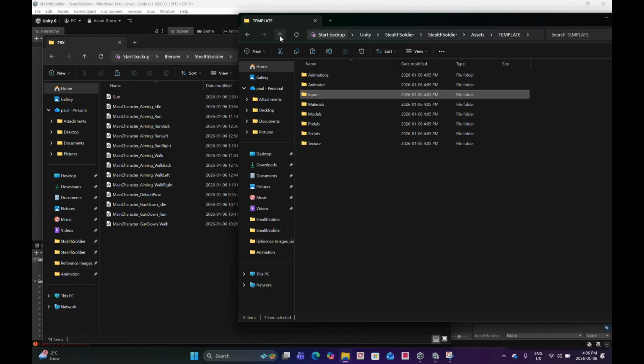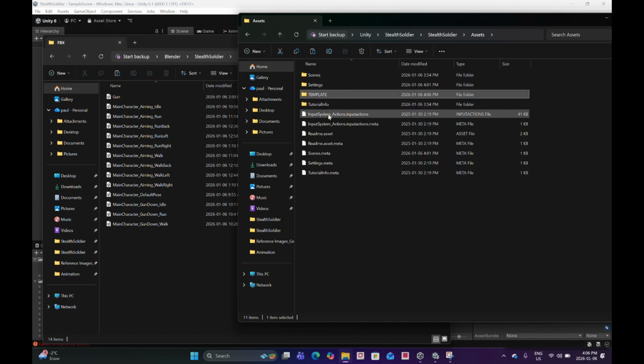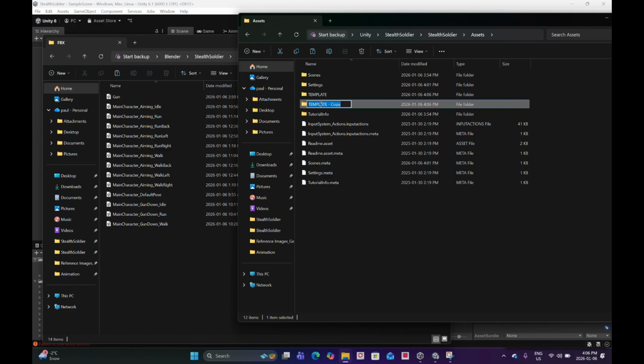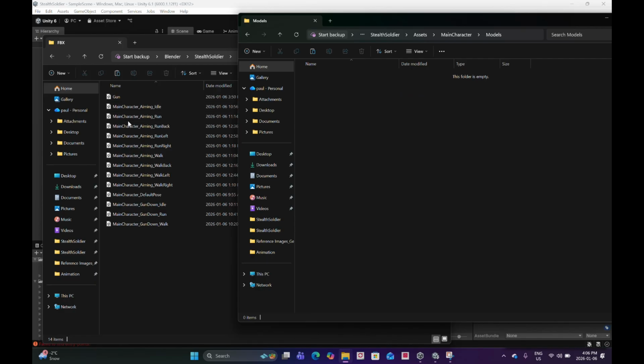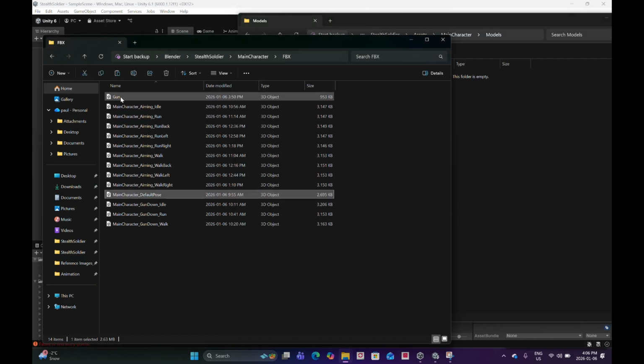So the reason I do this is because if I do a bunch of different assets, obviously I'm going to do one for the main character, but just say I do enemies, then I don't have to make this folder over and over again. I can just copy and paste it, and I'll just rename this one to main character. And in here, I need to drag and drop some assets. So under the models folder, I'll put the main character and the gun,